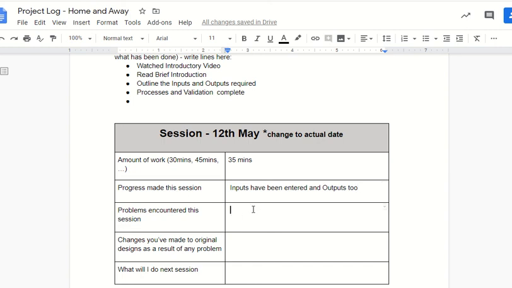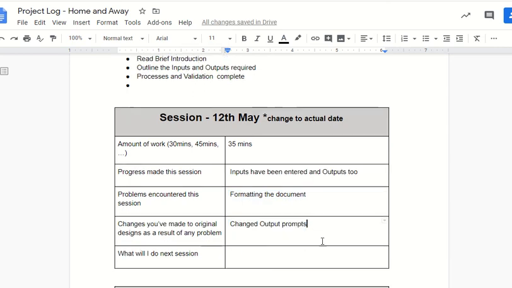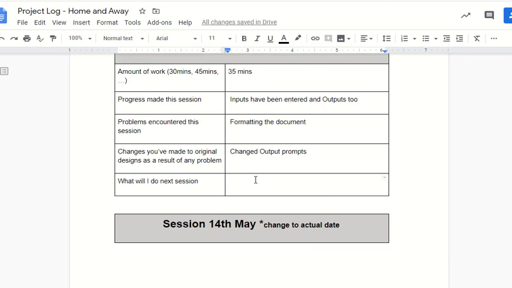Problems encountered this session. Well, I did have a problem with formatting the document. Changes that you made to the original design. Well, I maybe have changed output prompts. Now, not a lot of this is required, and in fact there doesn't need to be a problem. If you've sailed through because you're just doing the write-up, then just put in there none, but I'm just going to say format in the document, change output prompts, and what will I do next session? Complete